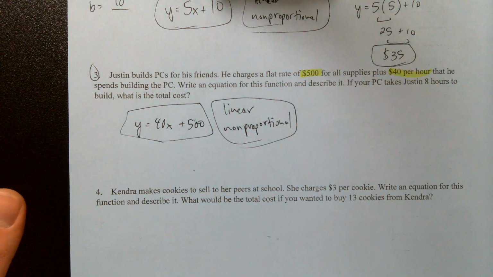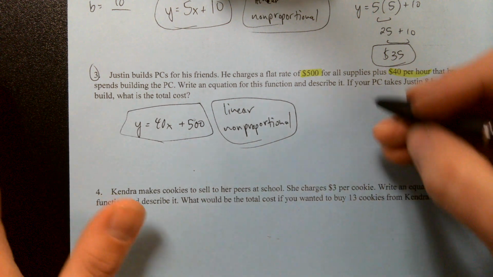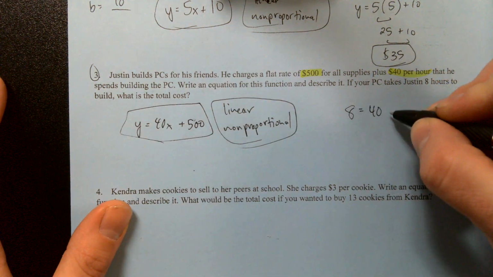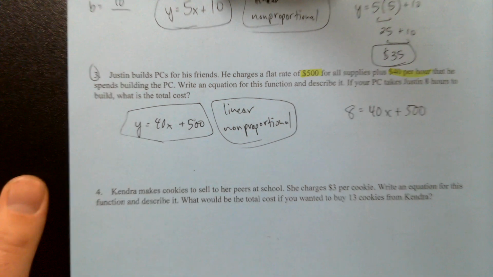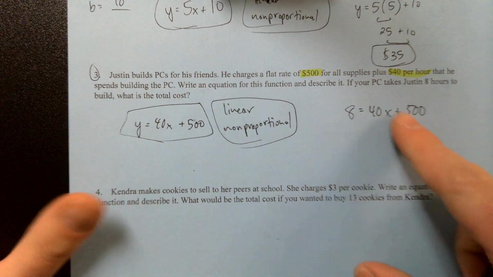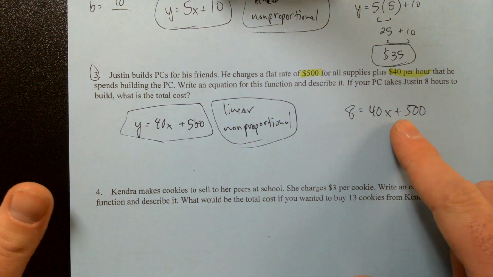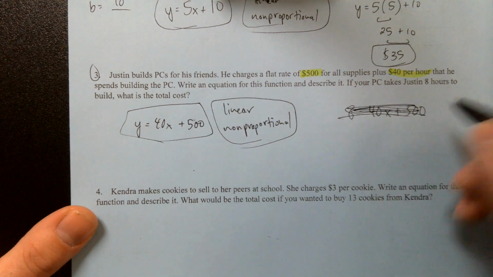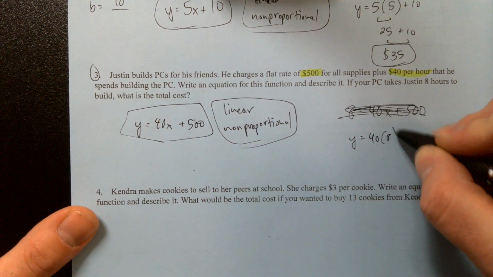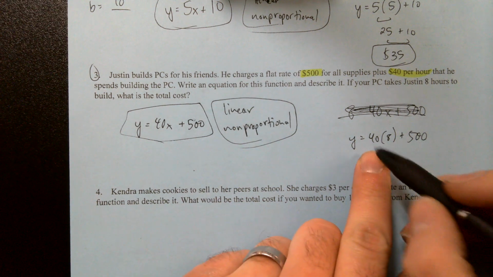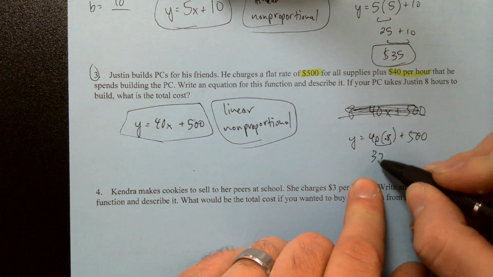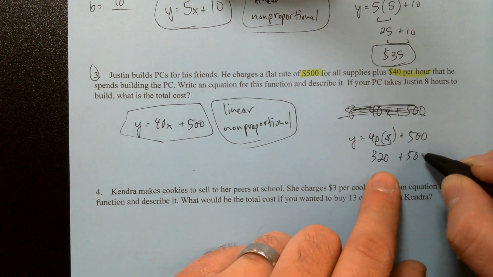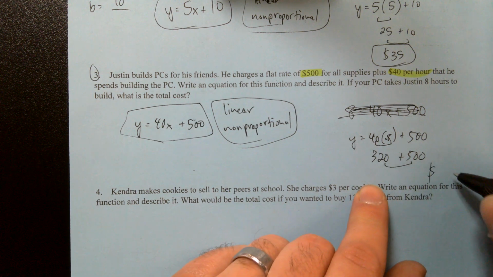If your PC takes Justin 8 hours to build, what's the total cost? How can I find that out? Plug it in. Like that, right? Did I plug that 8 in correctly? No. Where did I plug the 8 in here? Plugged it in for Y. Where should I plug it in? The X, that's right. Y is equal to 40 times 8. Because again, 40 is how much I'm paying per hour. So if I'm paying $40 for 8 hours, what's 40 times 8? 320. Plus the $500 supply fee gives me a grand total of